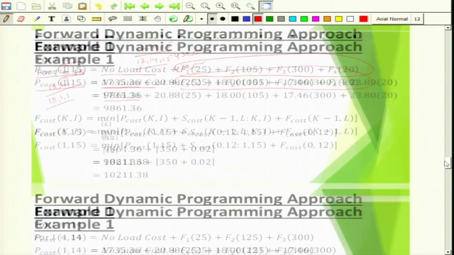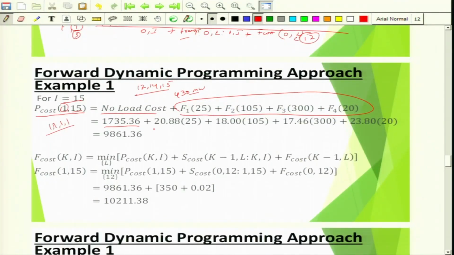This is what we have done here. This is the fuel cost of unit 1 at 25, that is the minimum loading, and there is a fuel cost of unit 2. This is subtraction of the maximum of this and the minimum of the other generators. That means total load, P load minus P maximum of unit 3 minus P minimum of unit 1 minus P minimum of unit 4. That gives you 105,